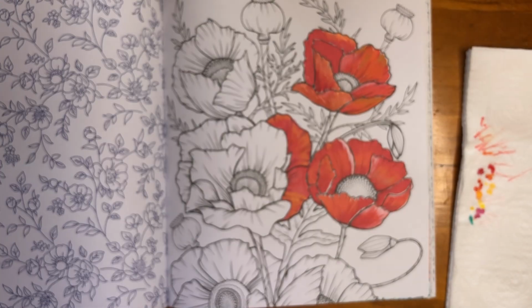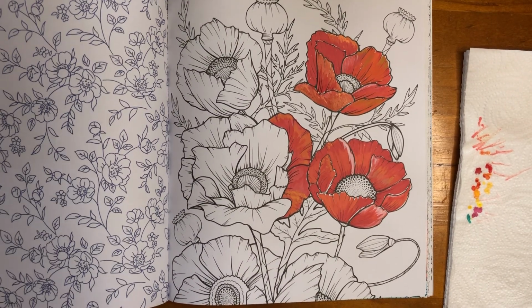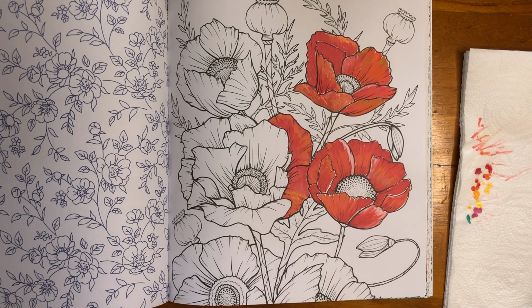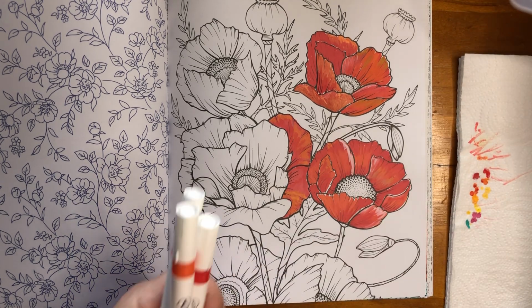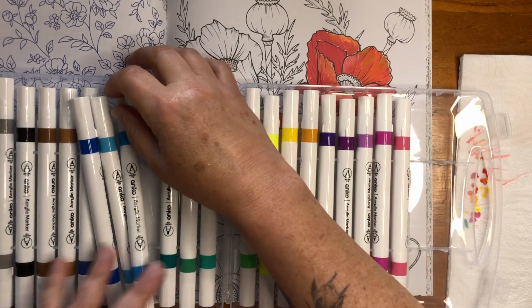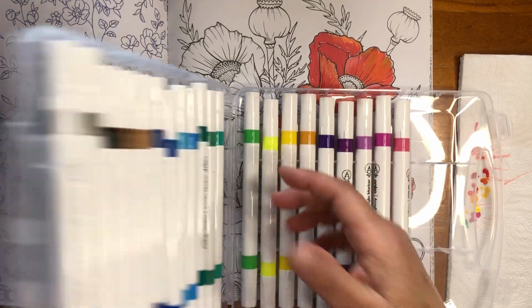And I thought I'd just colour a little bit more on screen for you, just to give you an idea of how I'm using them. So I've got various sets of acrylic markers that I have picked up from different places in person and online. So this particular set here is